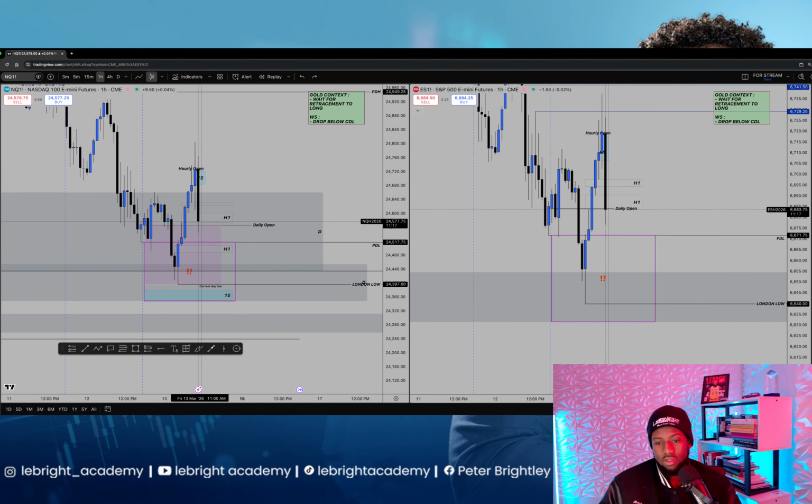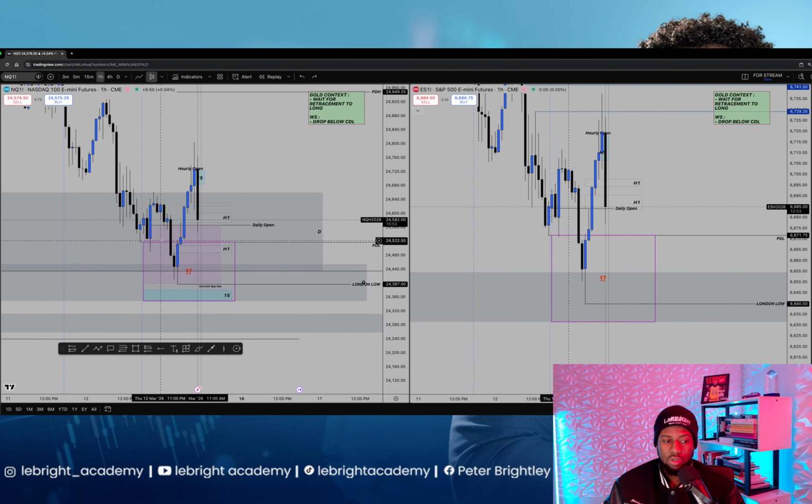Well, I expected some retracement because we have 6 hours of bullish price action. We have 1, 2, 3, 4, 5, 6 hours of bullish price action. So you're gonna expect some retracement. Why? Because people that bought this movement, they're gonna put their stop loss below some lows, and you gotta wait for retracement.